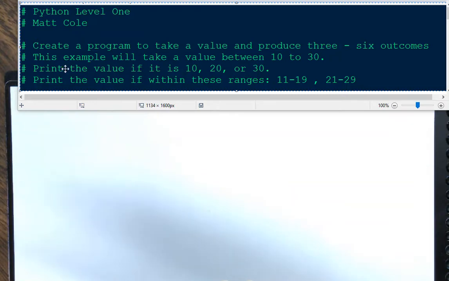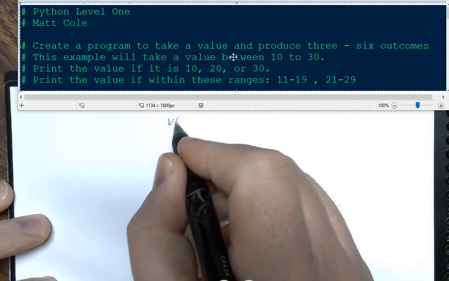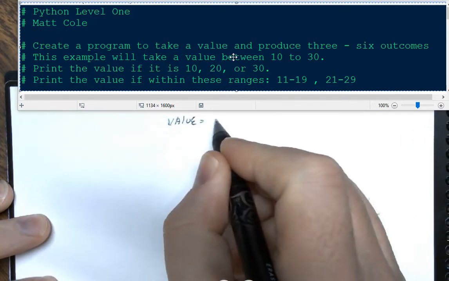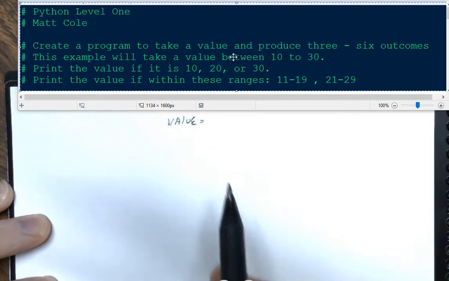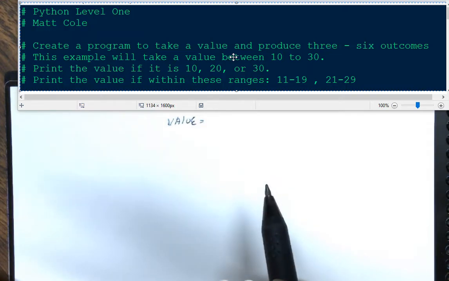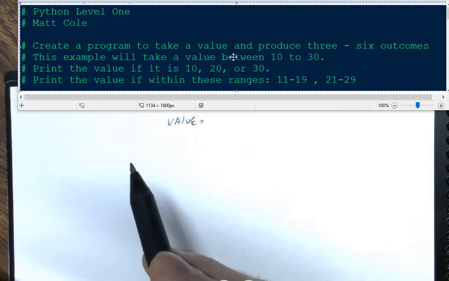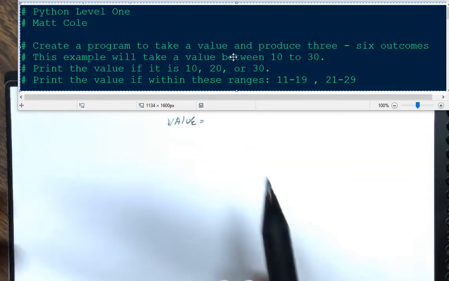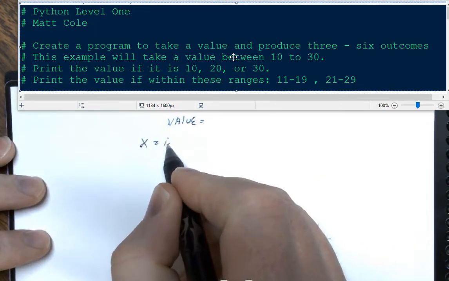All right, so we know that we take a value between. Immediately we know that we're going to need a value based upon the user entering it. So that's going to have A, the value being inputted, and B, that value is going to have to go to a variable, and then we're going to have to check that variable. So the first thing that we're going to need is an input,